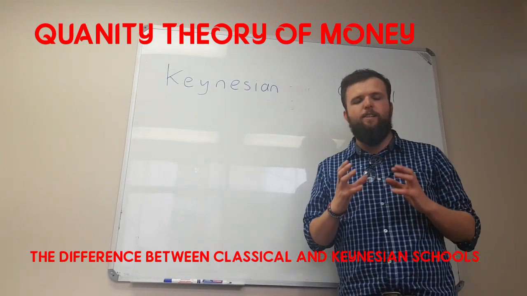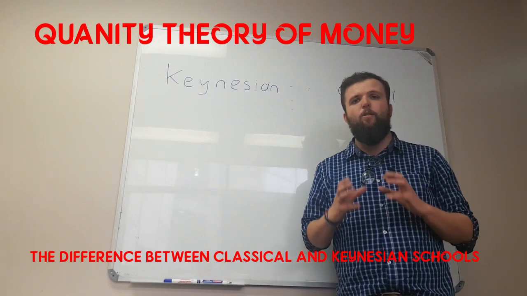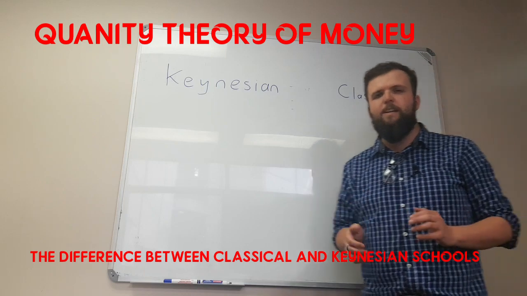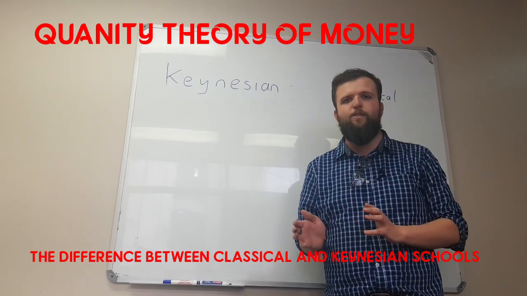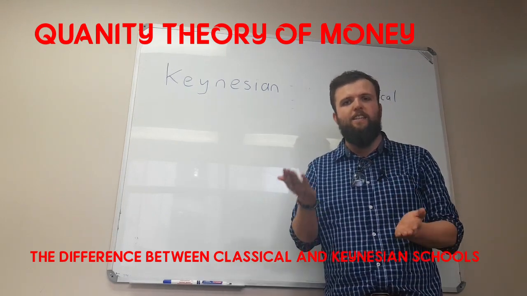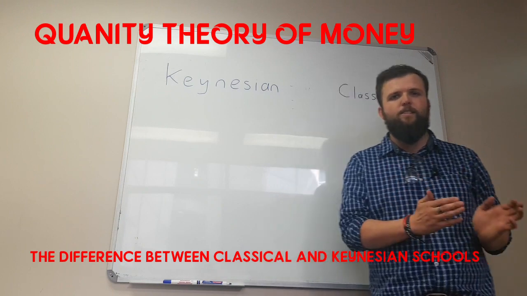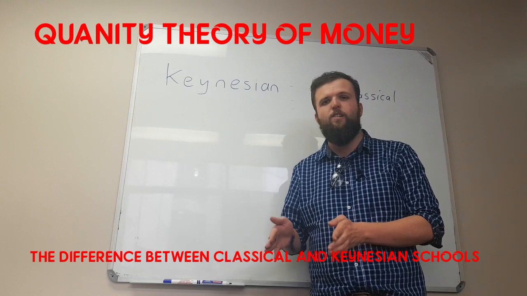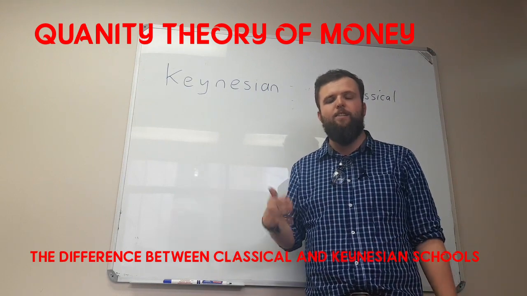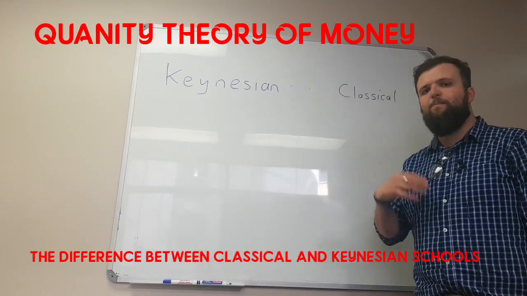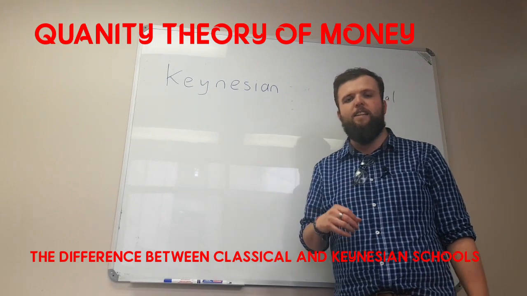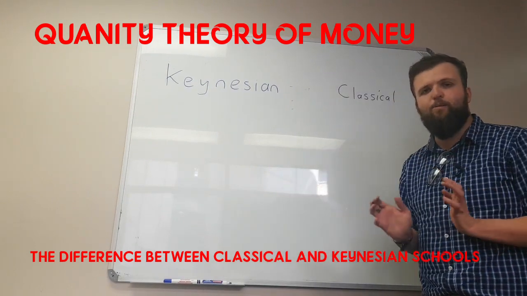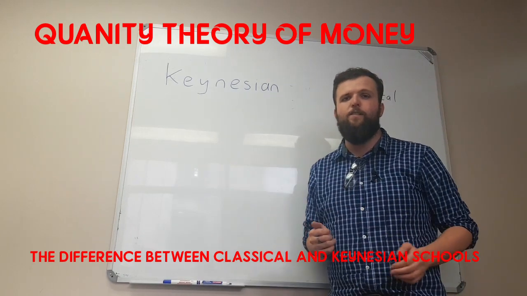The classical school has a main assumption of certainty. What does certainty mean? A certain economic environment means that we can use our past to predict the future. The past and the future are the same. Thus, for shocks in the past, we know what the outcomes were, and in the future the same shocks will lead to the same outcomes, so we will know exactly what is going to happen in the future based on the past. And that is one condition within the classical school that you first need to understand in a broad view before you go into the theory of money.